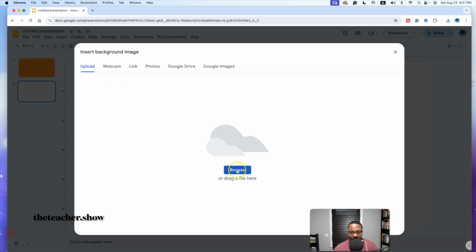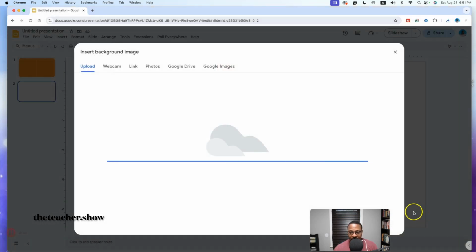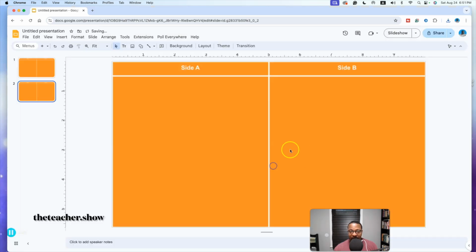And now we go to upload, browse, and go to open. Okay. I'm going to explain quickly why. The reason I don't want to do insert image like I did earlier is that in order to get your drag and drop activity to work, if I'm dragging stuff onto the board and I insert an image,